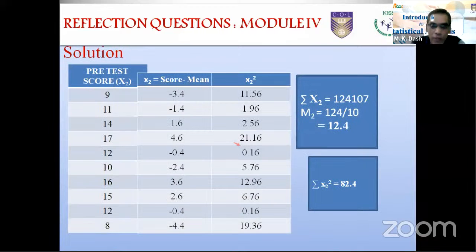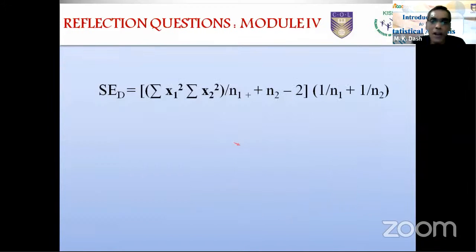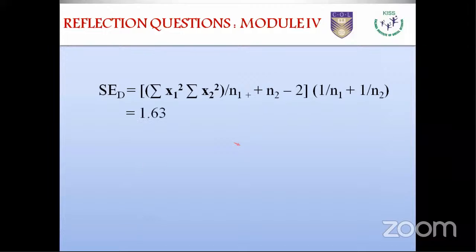Yes, this is the square of the deviation. Go to the next one. Now find out the standard error of difference. This is the formula for standard error of difference. Two groups are given: control group and the experimental group. If you use the values we have already got,